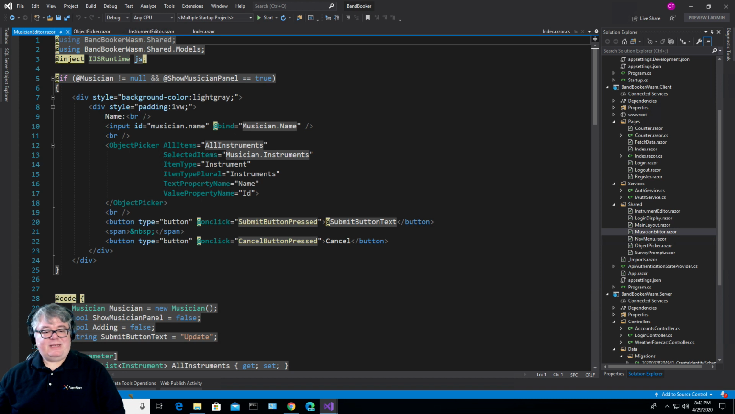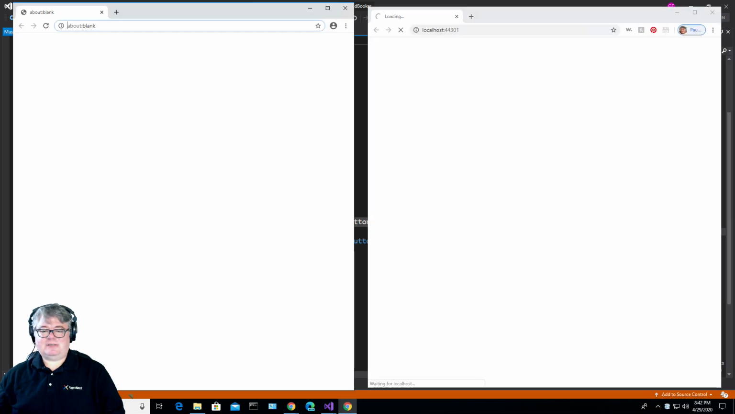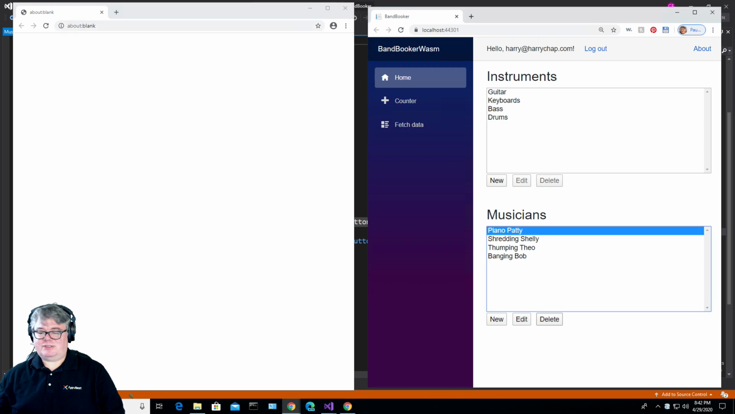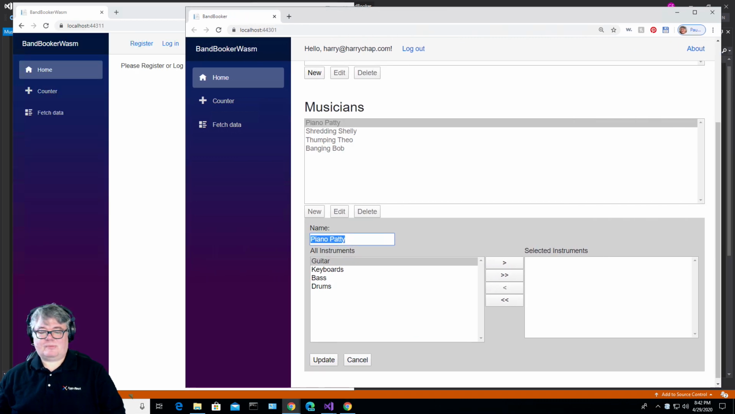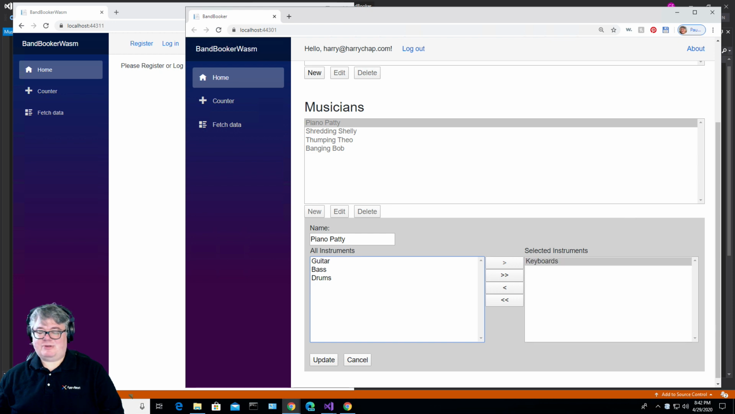So here I have the name of the musician, and then I have the object picker. I didn't actually show you what this UI looks like. We just looked at instruments. Let's look at musicians here. Here's Piano Patty. So I'm editing Piano Patty, and Piano Patty plays keyboards. So I'll double click on keyboards and it jumps over to this list. Now you've seen this UI before probably a million times, right? This is